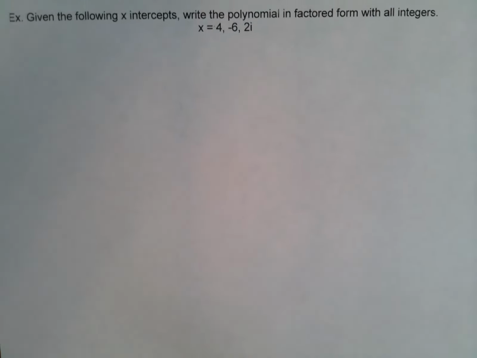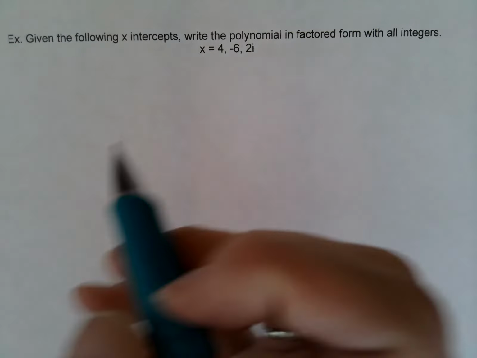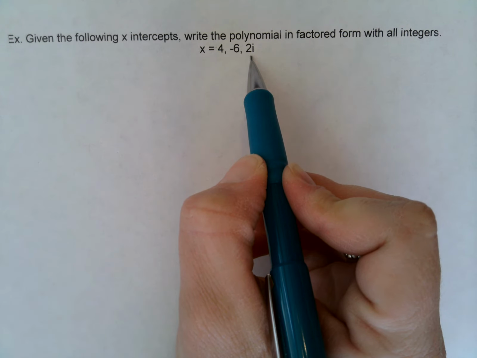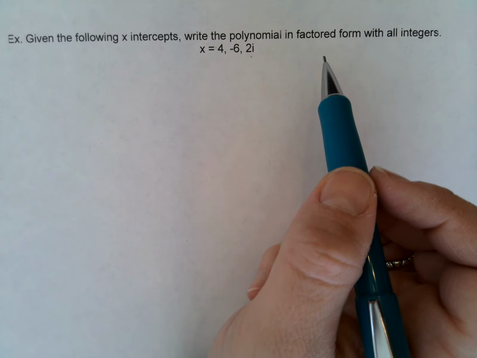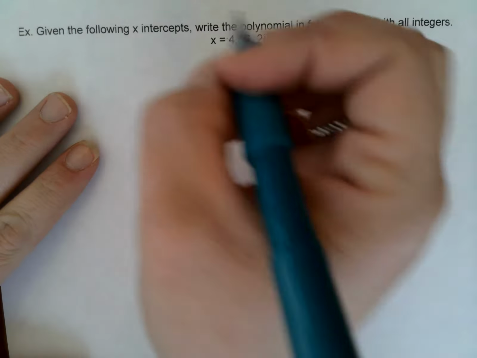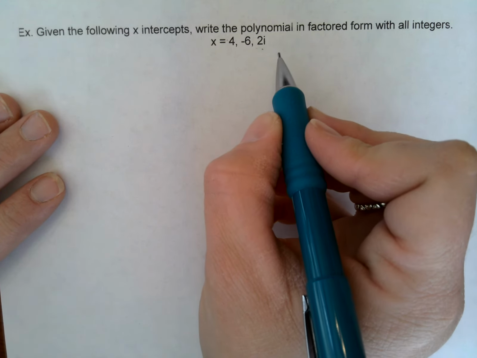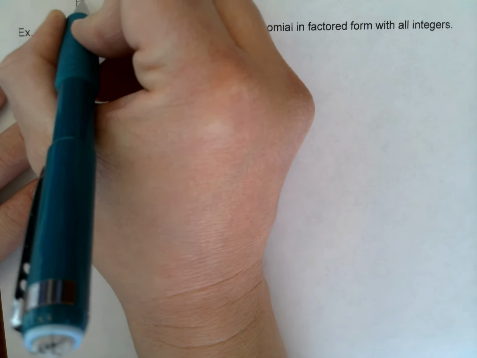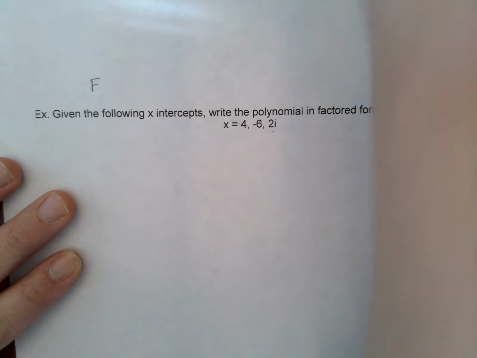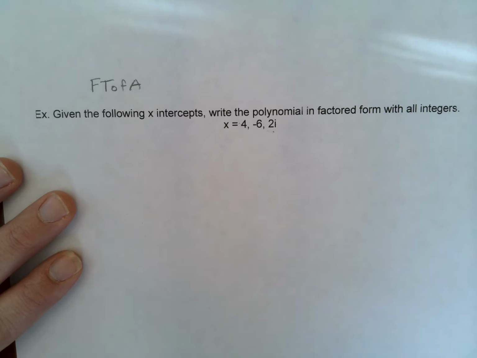So this one looks like the one we did before, about given the following x-intercepts, write it in polynomial factored form. What the fundamental theorem of algebra tells us is that if we have one imaginary solution, we automatically have the other. So the fundamental theorem of algebra will always tell you if you have positive 2i, you have negative 2i. Fundamental, you can't see that, sorry. Theorem of algebra